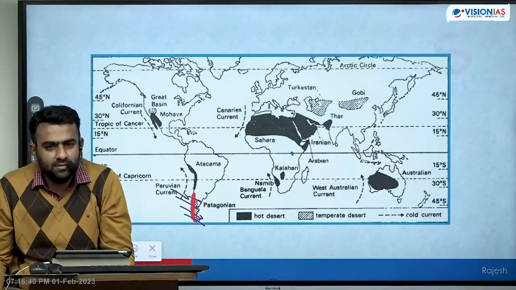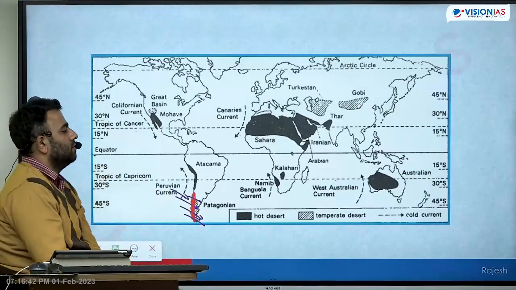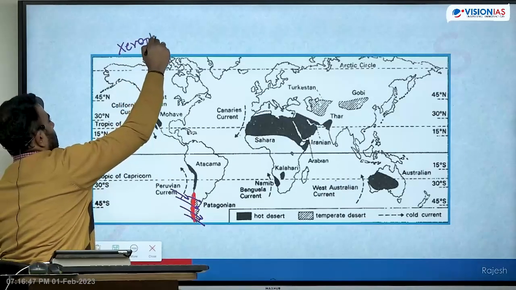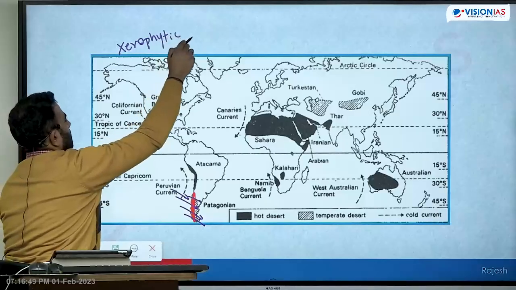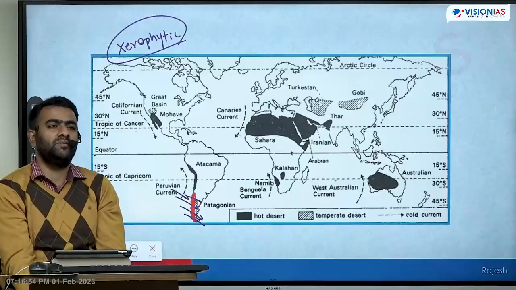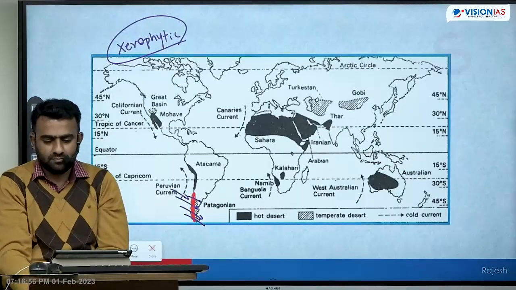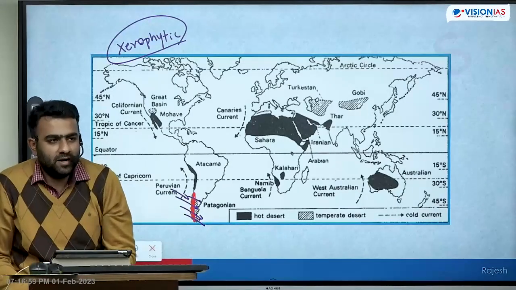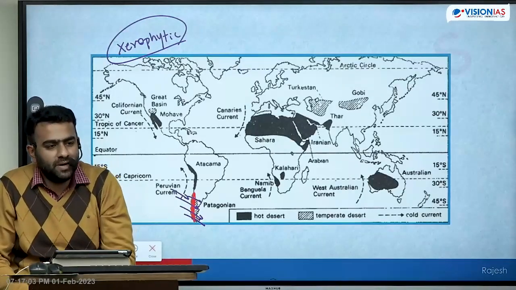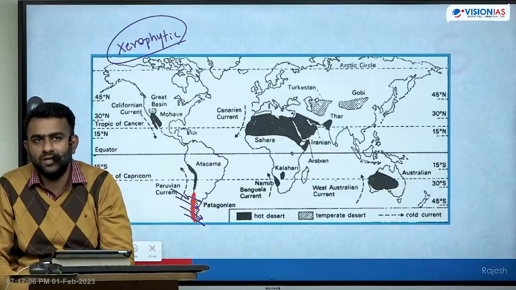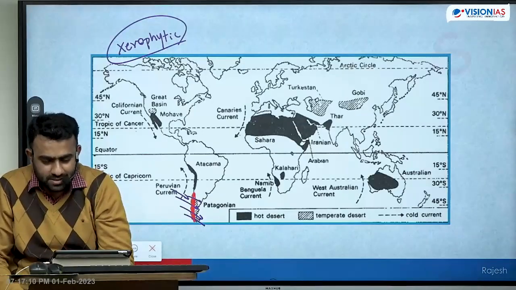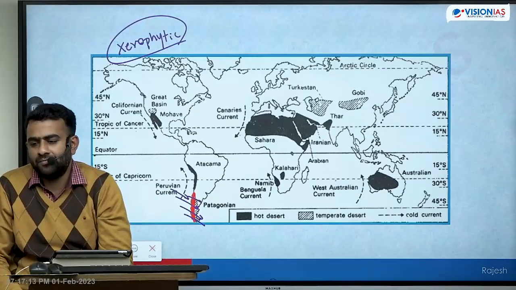Vegetation is xerophytic. Xerophytic. What do you mean by xerophyte? Which are adapted to grow in very less water availability. Okay, these are the plants which are adapted to grow in less water conditions. Examples: cactus, dates,